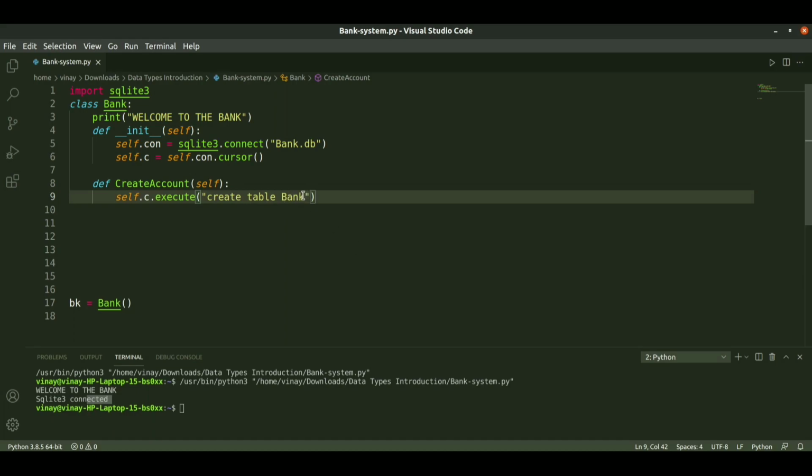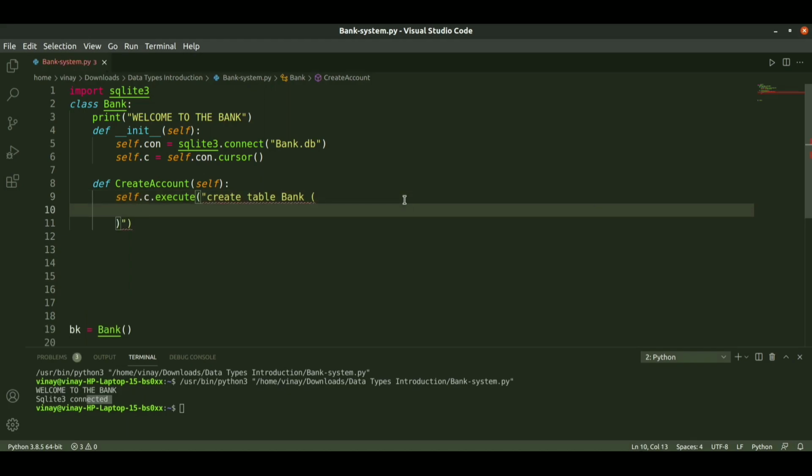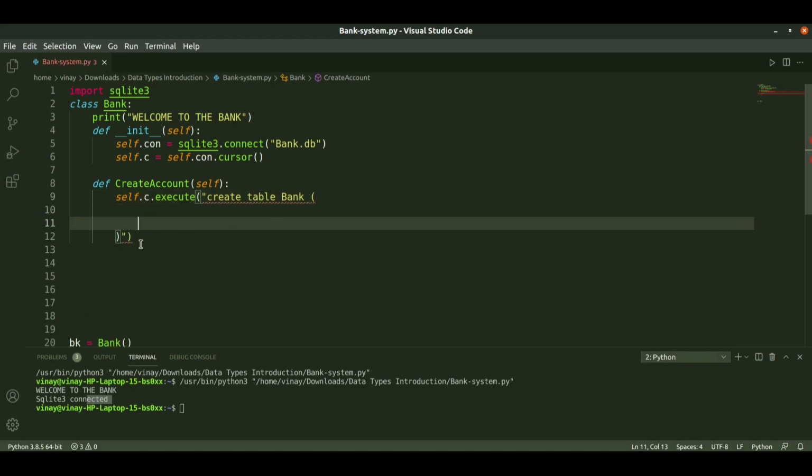We gave the table name as bank, and next we will pass the arguments. When we pass these arguments, if we go on writing in a single line, it becomes lengthy, and if we give the input like this in a new line, it will show an error.